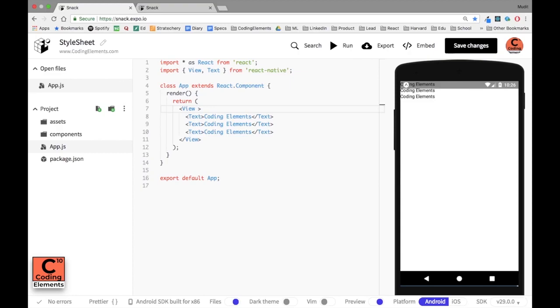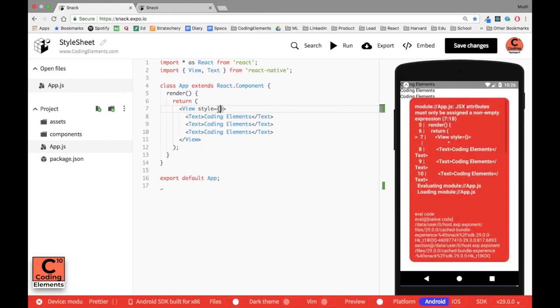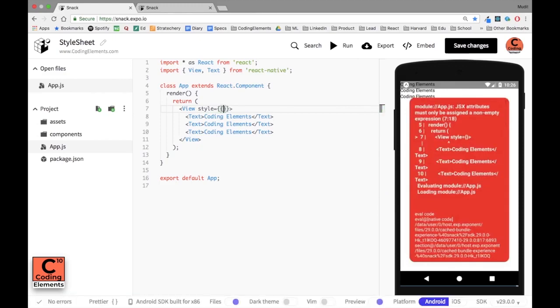Now, in a way similar to HTML style attributes that we use for CSS styling, we'd be using JSX style properties or attributes here. Now, since this style attribute has to be evaluated as a JSON object, I'd be putting curly braces, and inside these curly braces, since we again have to pass a JSON object as key value pairs, I'd be putting another curly braces.